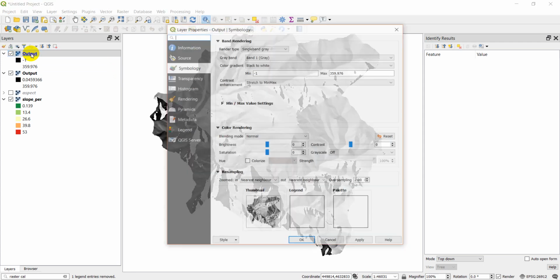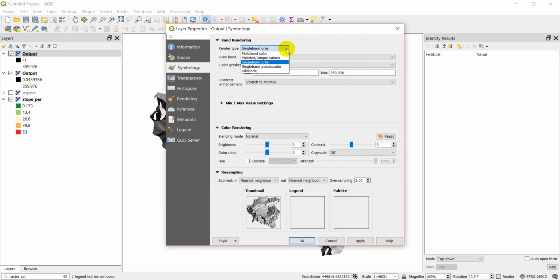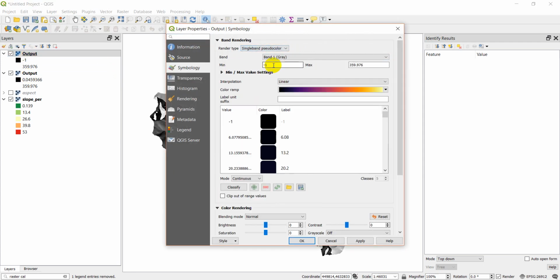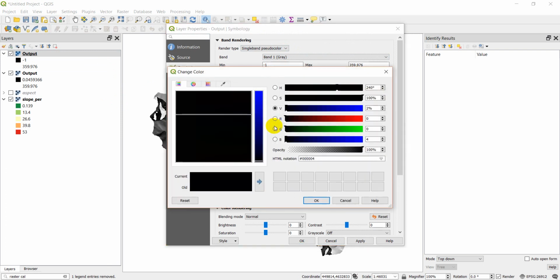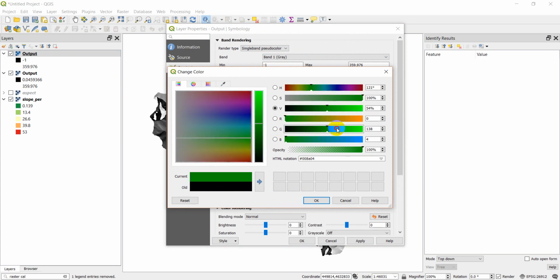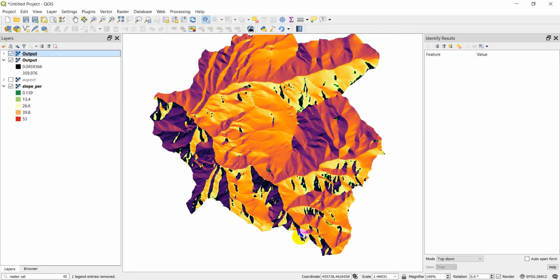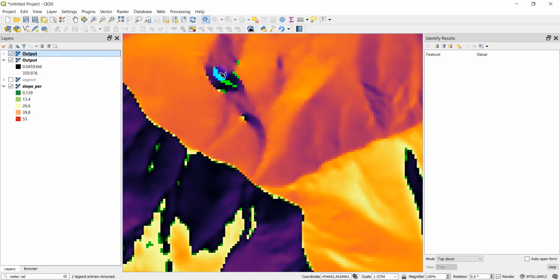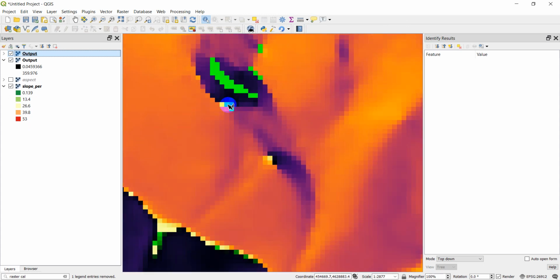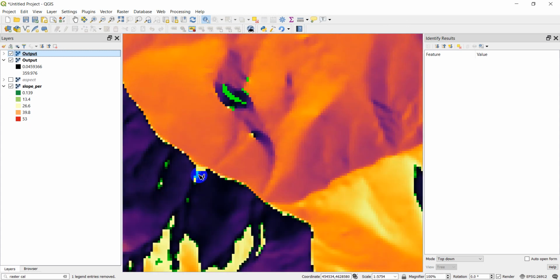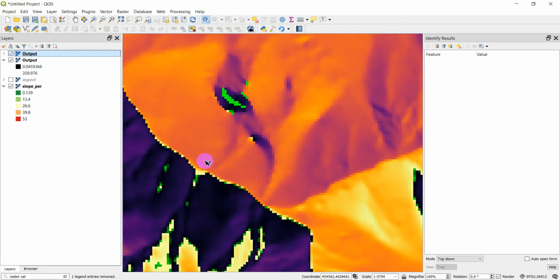So let's just go in and symbolize this so we can see where those negative values are. So we'll go to single band pseudocolor, sure, this ramp is fine. I'm just going to change this -1 color. I'm going to make it a bright green so we can see where those are. I'm going to click OK. I'm going to click OK. All right, and now you can see some areas of bright green down here. So you can see right here I've got some green, here I've got some green, here's some green, and it does